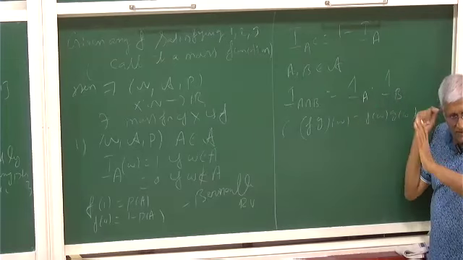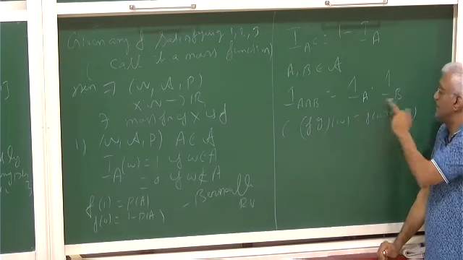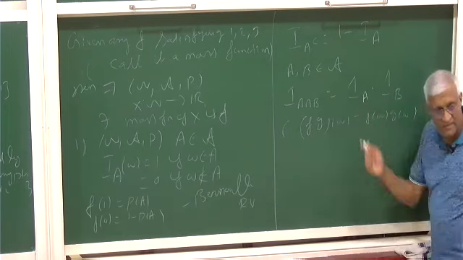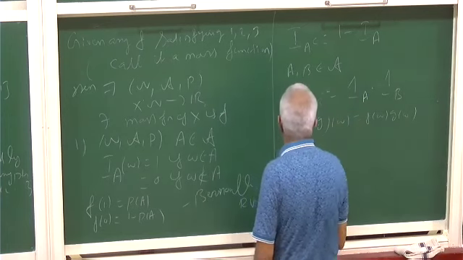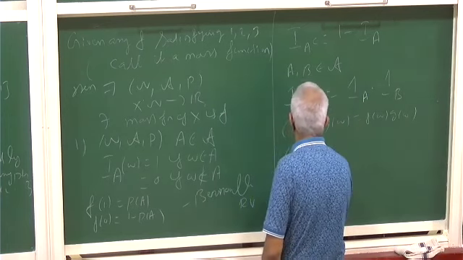So 0 times 1 is of course 0. So this will take the value 1 in A intersection B. On the other hand, this is not true. On the other hand, 1 of A